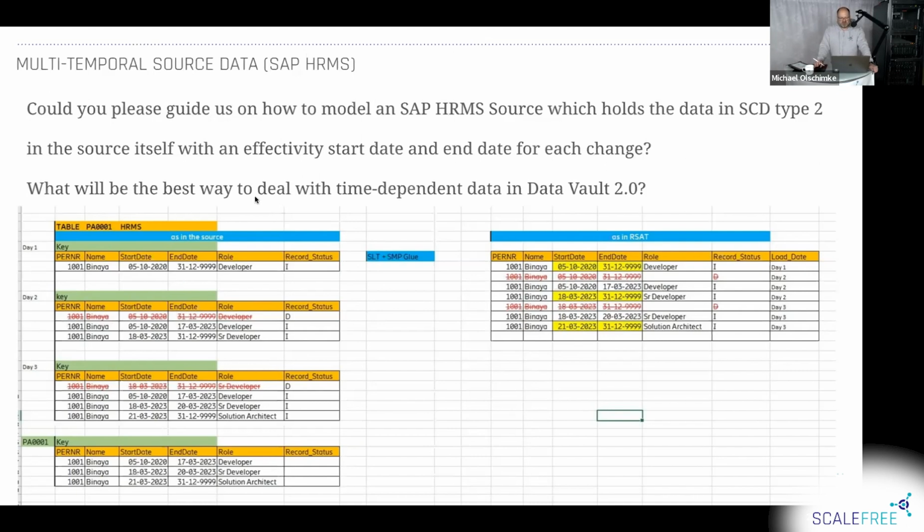So the answer for the second part of the question, what will be the best way to deal with the time-dependent data in Data Vault 2.0? In the raw data vault, we don't deal with it. That's what it is. That's the best answer. That's the best approach. We will deal with it in the information delivery phase,